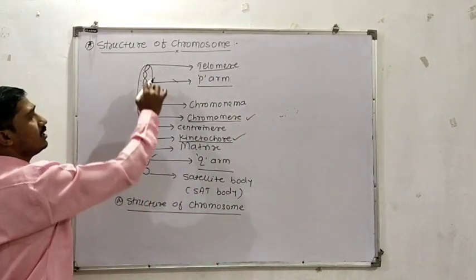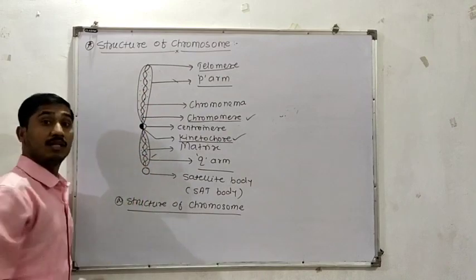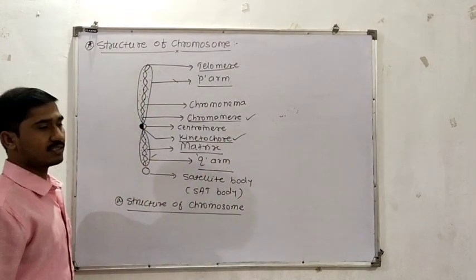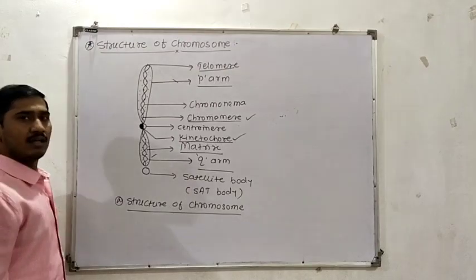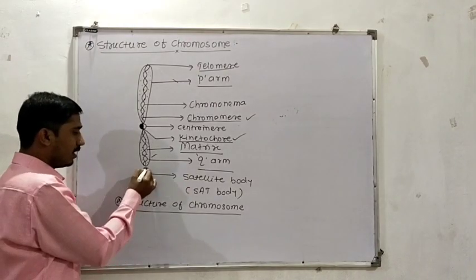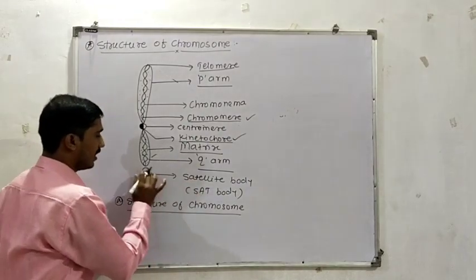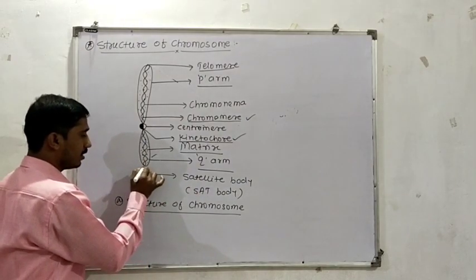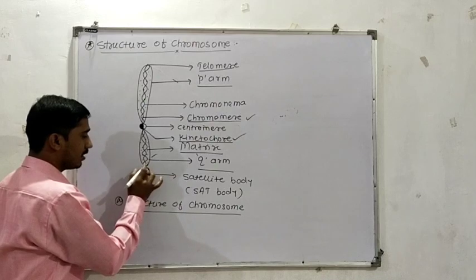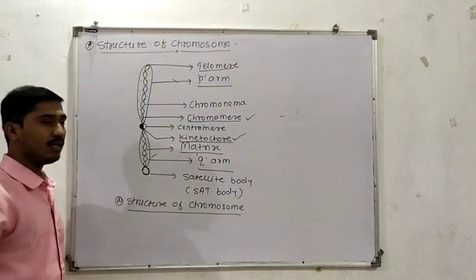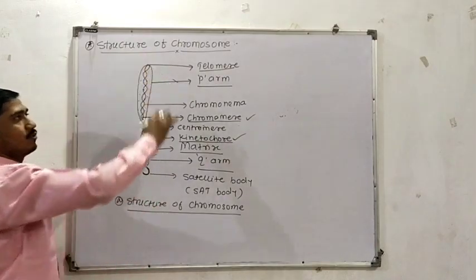Then we saw these two chromatids are filled with liquid material. That liquid material is called matrix. Then in case of a few chromosomes, there are specialized bodies. We call them satellite bodies. These are attached to the chromatid, also called SAT bodies. And the end of the chromatid